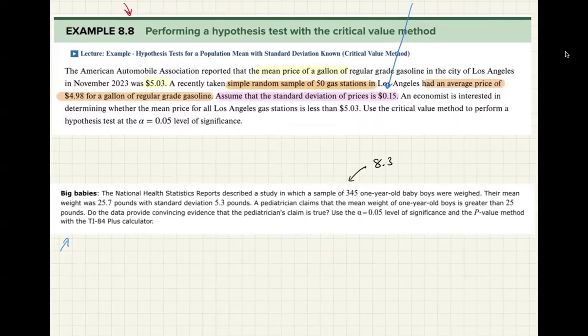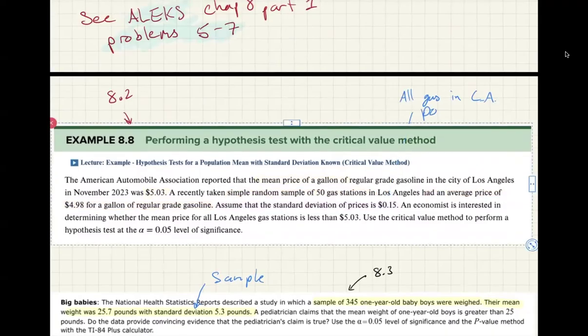So what are we looking at here? The NHS reports describe a study in which a sample of 345 one-year-old boys were weighed. Okay, so we have a sample. Their mean weight was this many pounds with a standard deviation this many pounds. So now this standard deviation is describing the sample, not the population. Here, this is the population,